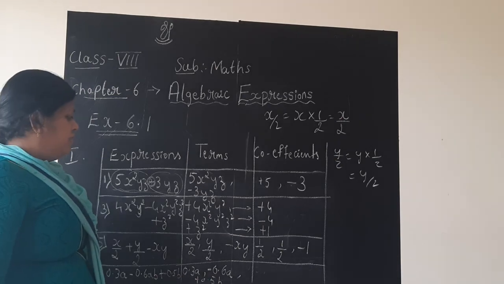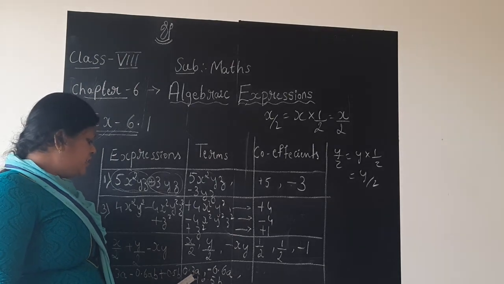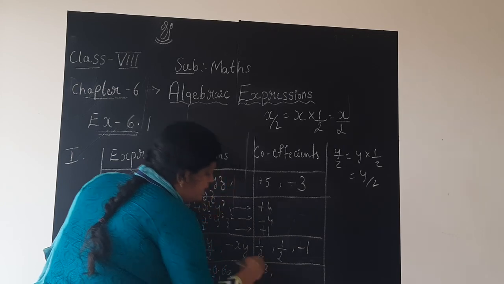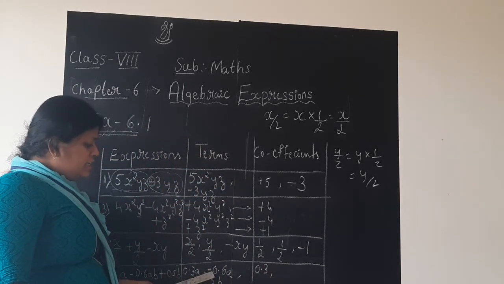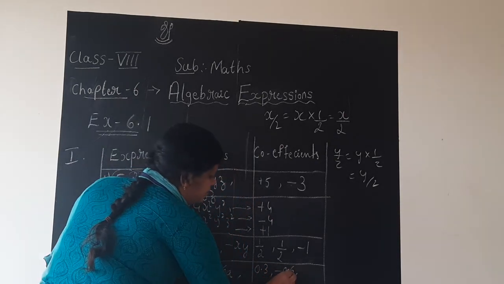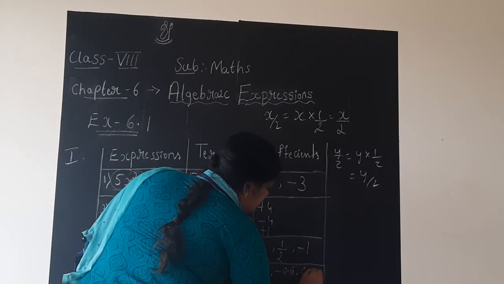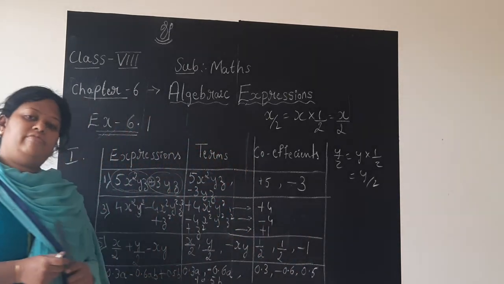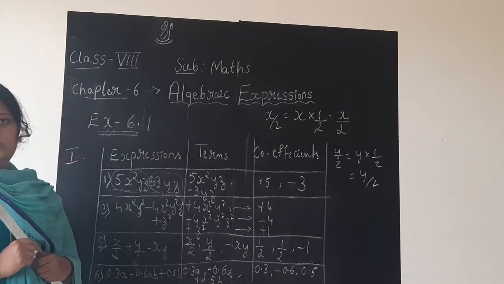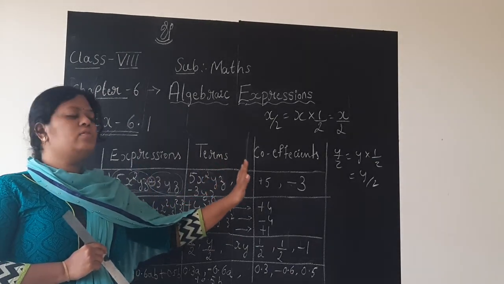Now what are the coefficients? See here, a, b are the variables here. So what are its coefficients? For the first term 0.3a, 0.3 is the coefficient. For minus 0.6ab, minus 0.6 is the coefficient. Similarly, for the last term 0.5b, plus 0.5 is the coefficient. So this is all about the first exercise. Hope you all are clear with it. So make sure you draw the column neatly like this and write the terms and coefficients separately.